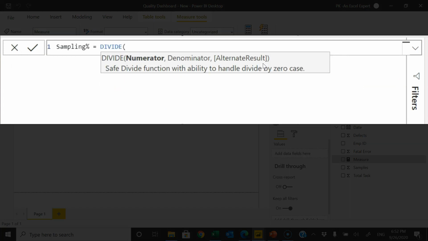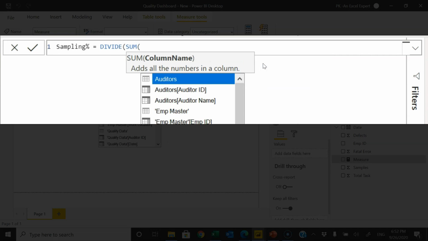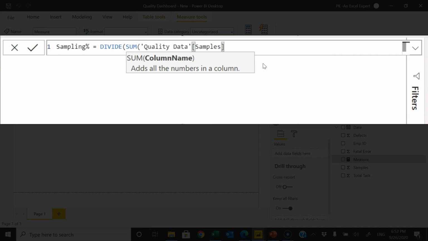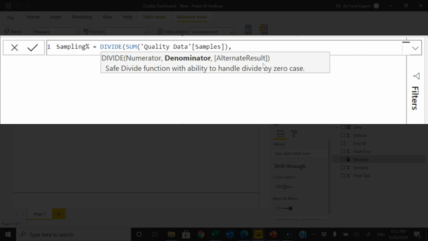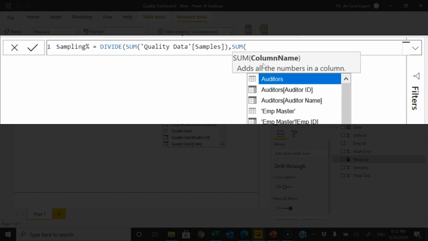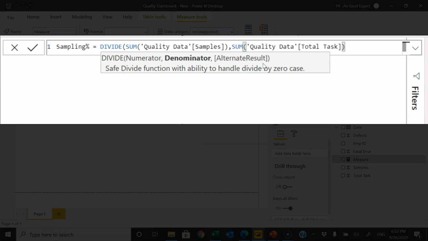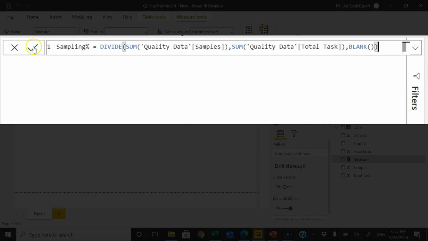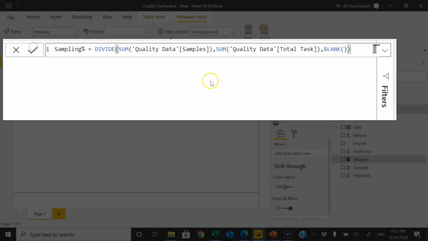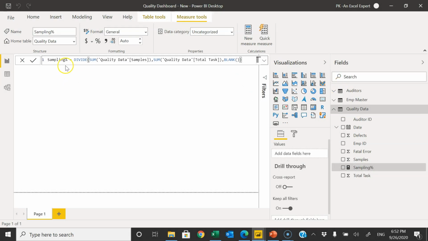The numerator will be the sum of sample, close the bracket, comma, and the denominator we will take is the sum of total task. So from the total tasks, how many samples we have taken, that will be my sampling percentage. For the alternate result we can display blank, and then just press Enter or click here. So our first measure is created, which is sampling percentage.